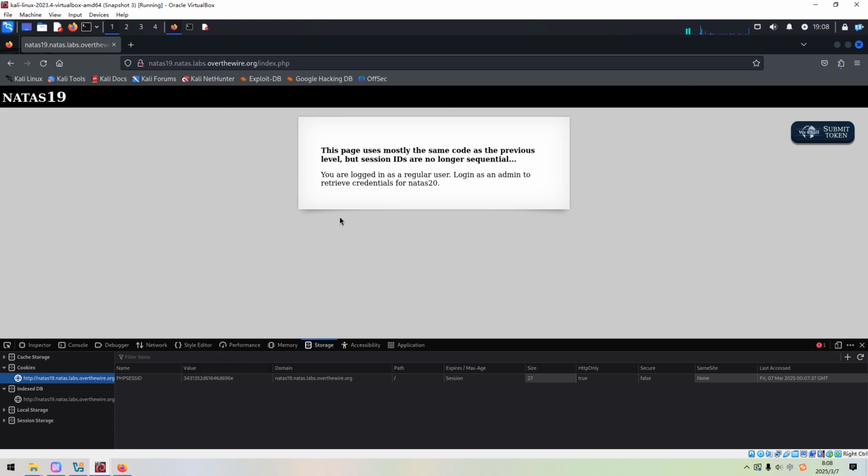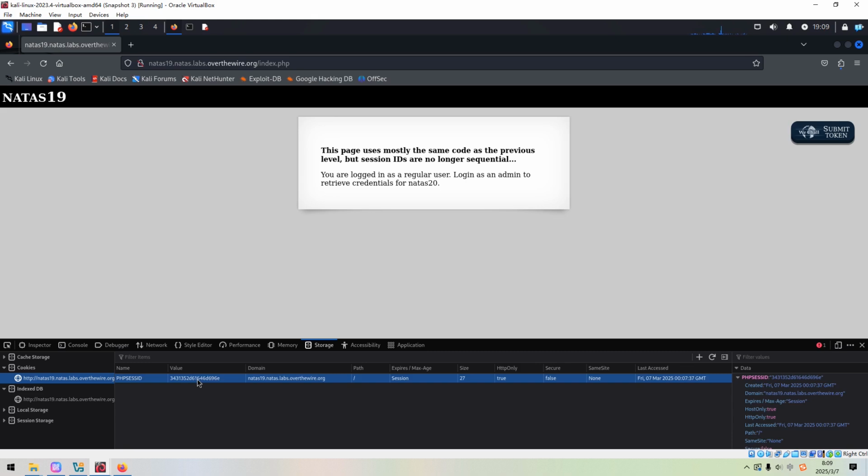Okay, so now as you can see over here, we are logged in as a regular user, although we submitted some random information. And to get the password or credentials for the next level, we should log in as an admin. So how to do it? Maybe we need to manipulate the value of this cookie, or this session ID specifically. However, we need to know how the value is generated. Okay, so we can copy, and from the pattern of this value, it looks like this